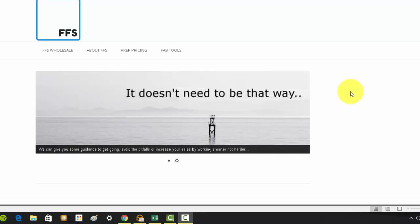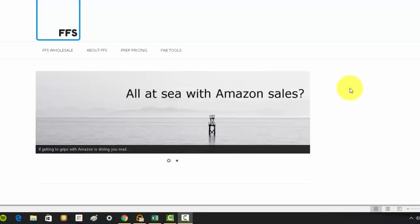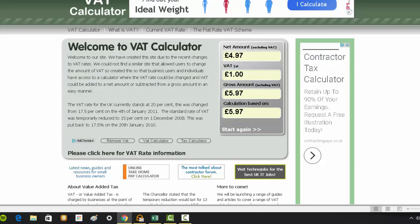Hi there, this is Amanda Hill from FFS, and we're going to show you the difference between VAT registered and not VAT registered sales. So one of the things that might be helpful to you is this great little VAT